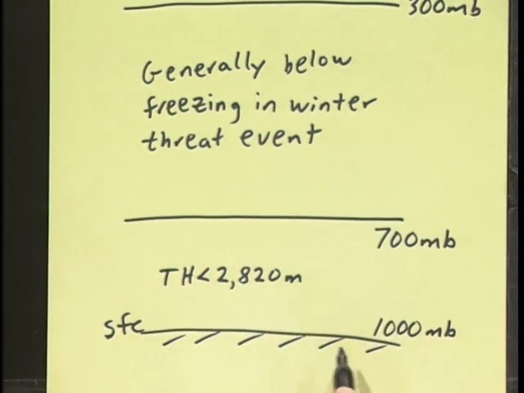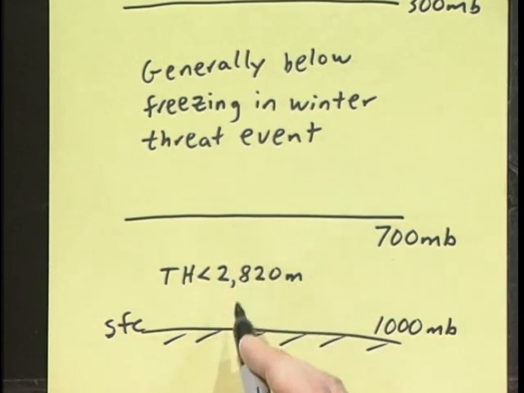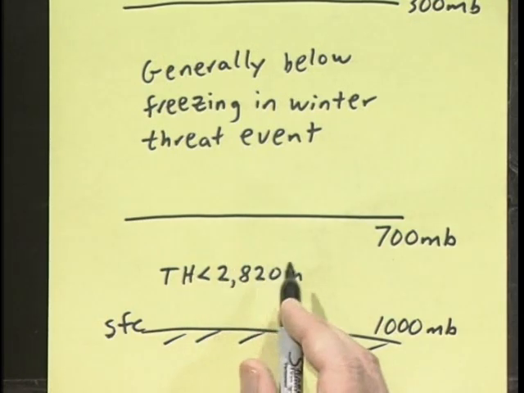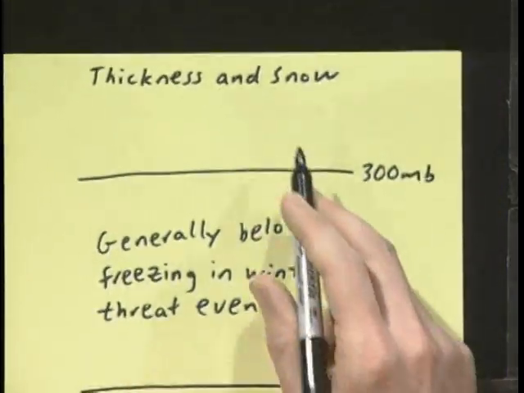Thickness is the distance between two pressure levels, and you'll remember that's a function of the temperature. The colder the temperature is, the lower the thickness value is. If the temperatures warm up, then the thickness value is also going to increase. So for snow,